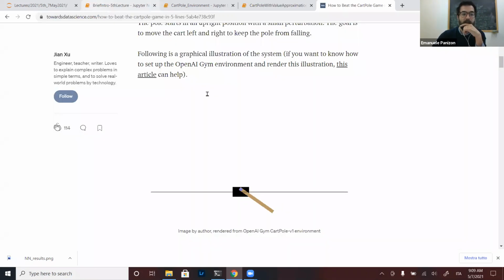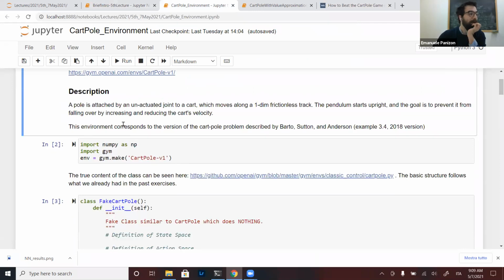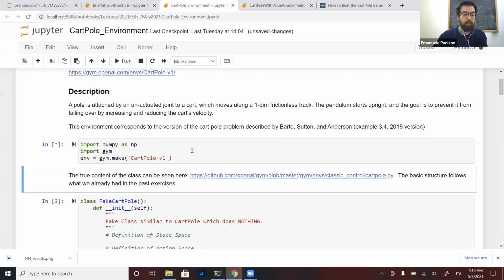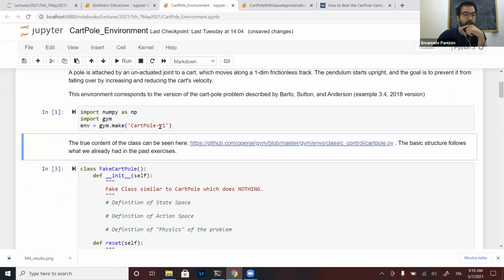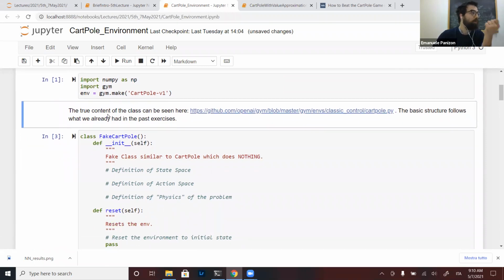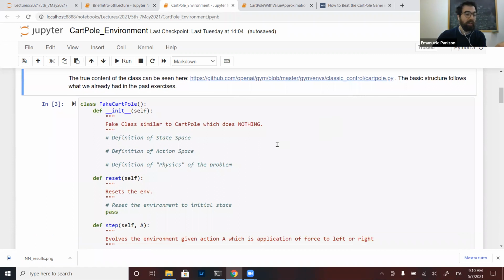Code-wise, we call this library gym, in which there are many of these environments. I'm just importing this cart pole here. You can see the true implementation in the code. You can find it here in this GitHub repository. But I just want to mention that the basic structure is exactly what I presented in the past lecture. So it's a class of some kind. This is a fake skeleton of a class,